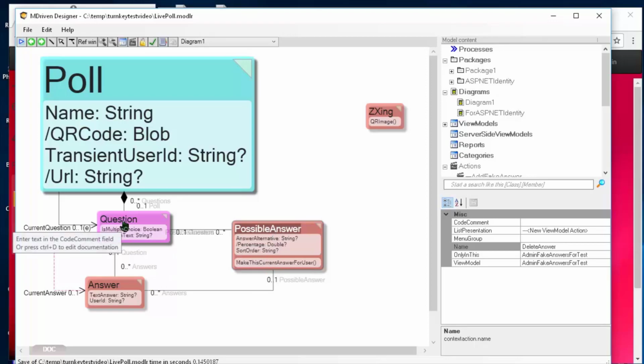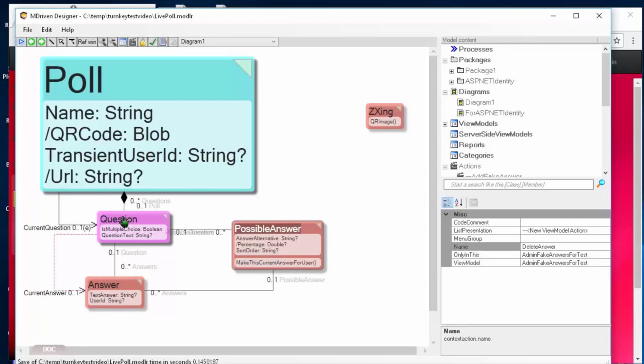And if it isn't a multiple choice, it still needs the textual answer, and that will go here. And every user that participates in the poll gets an answer object for this question. And of course, if the user chooses one of the multiple choice answers, this link will get set.